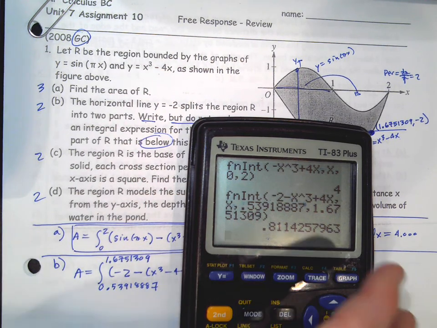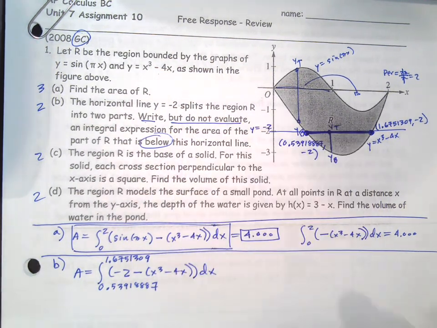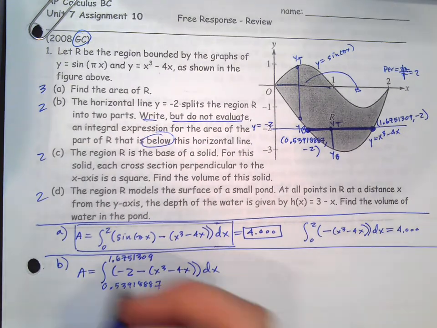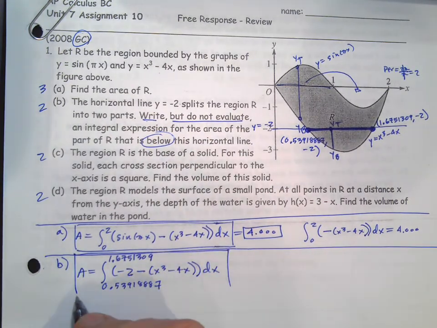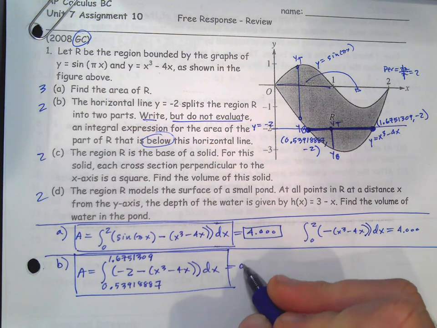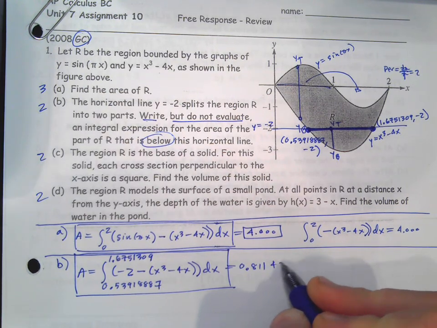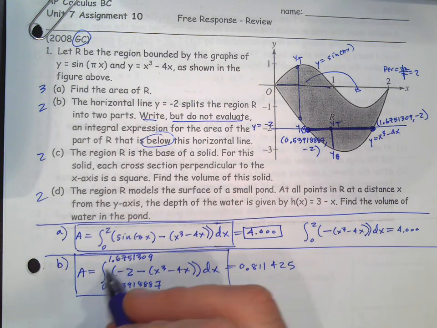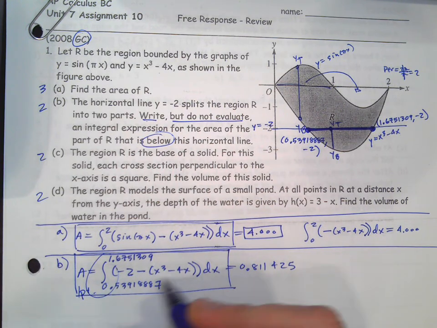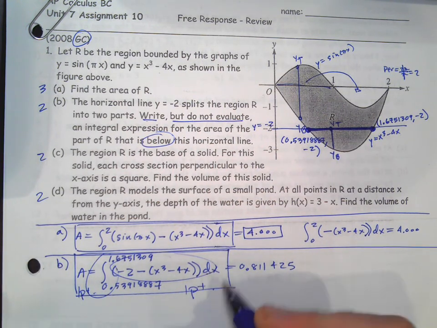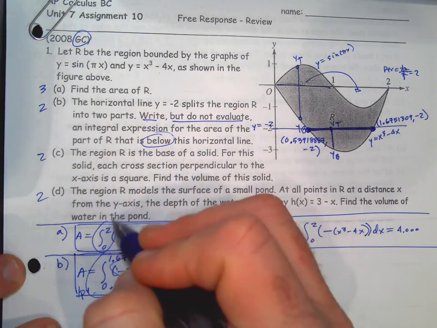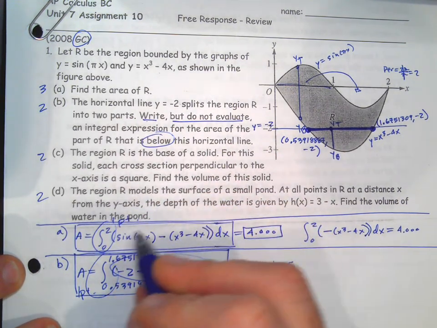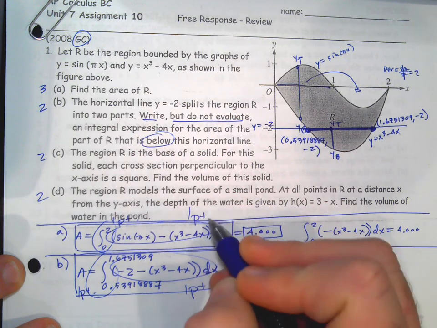And that's it, it said not to solve it. Okay. All right. So I guess that's it. I mean, we were able to get 0.811425, but they told us not to. That's fine. So that looks good. Point-wise is 1 point for the limits, 1 point for the integrand. On the first part, it was 1 point for the limits, 1 point for the integrand, 1 point for the